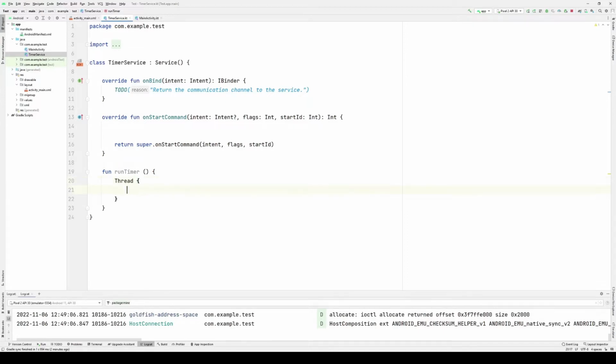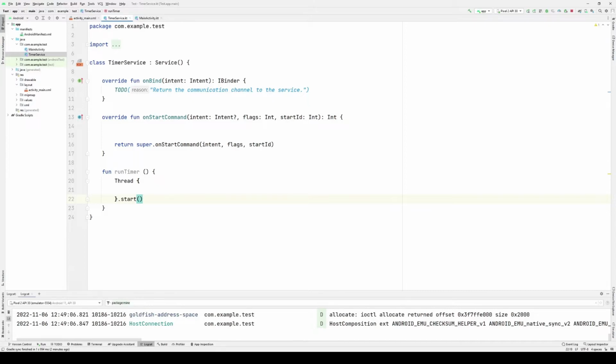because a service executes in your application's main thread along with all other components, unless it's been offloaded or it's being executed in a separate process, which you can specify in the manifest. But if this is a basic local service, then it's running in your application's process and it's running on your application's main thread. So if you intend to use any sort of blocking operation, then you need to use some sort of concurrency scheme, whether threads or coroutines.